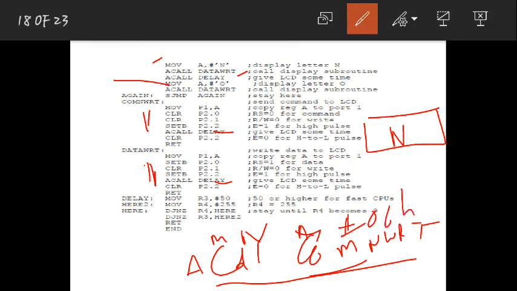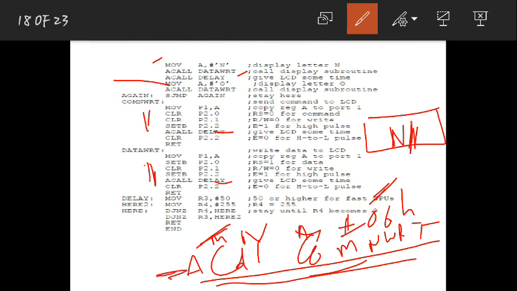06 value. That means this 06 is the command. What is the command? I should move the cursor from here to here. To move there, I am writing this command. Once I write a command, I should call this command subroutine. Once I call this command subroutine, then this cursor will come here.